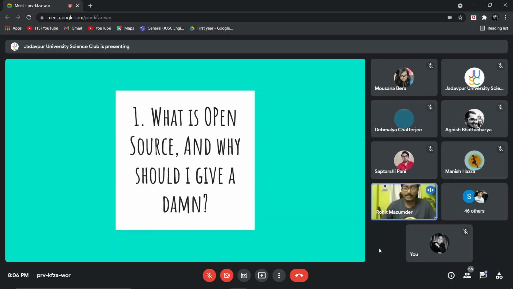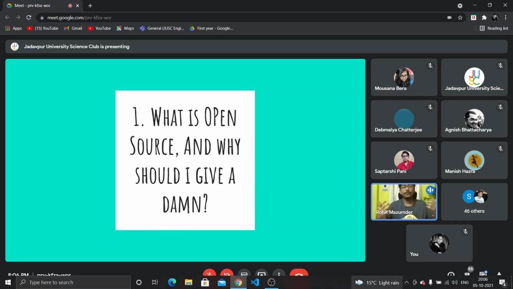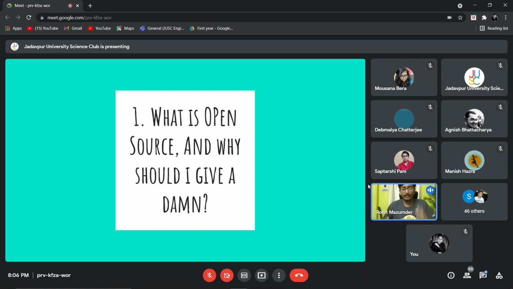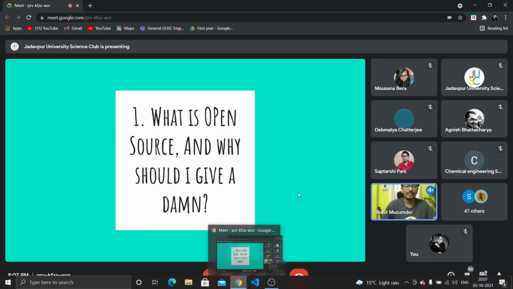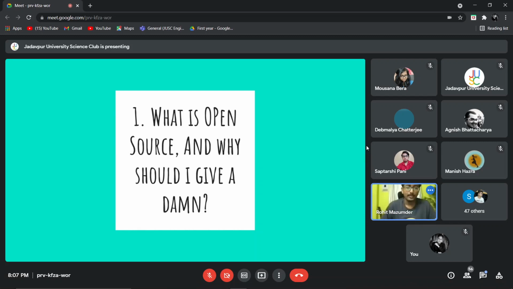The second reason is that open source is a hub for collaboration. It's a place where people from all over the world can come and collaborate on something. It may be code, it may be a design, it may be documentation, anything. Anyone can come out here and collaborate on this project. This leads to good quality work. Due to this immense collaboration happening on a worldwide scale, there is a good quality product at the end of that collaboration. That is why open source is so important to us. Now that we know what open source is, let's move on to the next question.